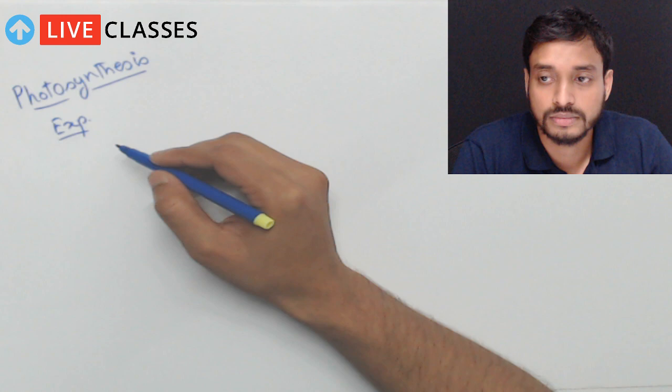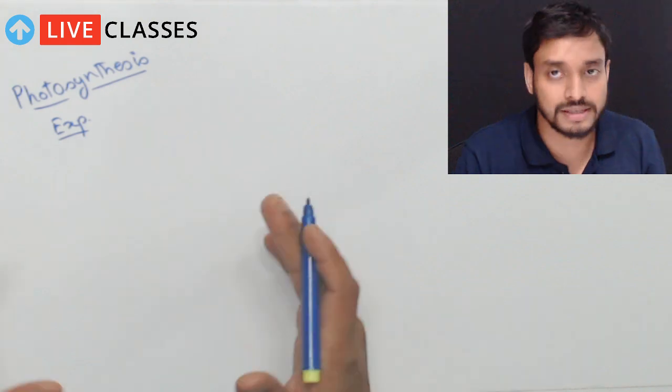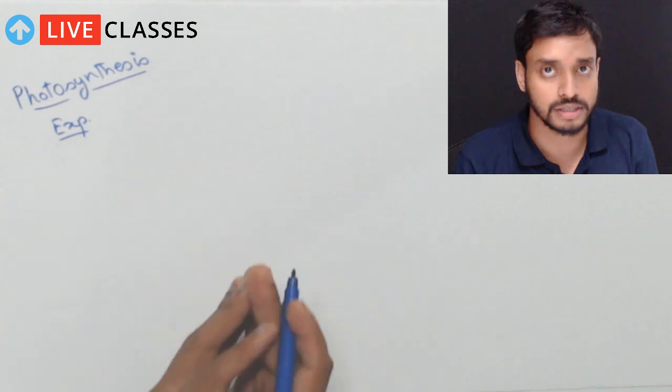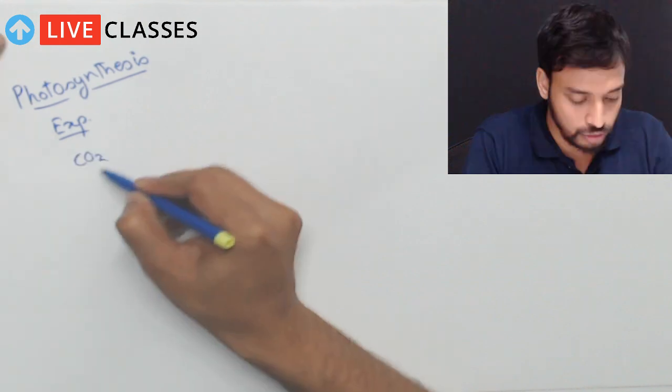We had discussed these experiments so that we understand what was the basis by which scientists thought about this process of photosynthesis, correct? We tried to explain what are the basic raw materials or components which are required for the process of photosynthesis. What we studied? Carbon dioxide,